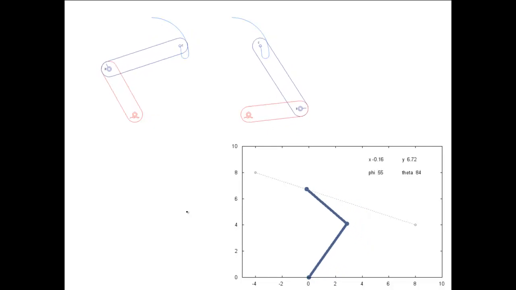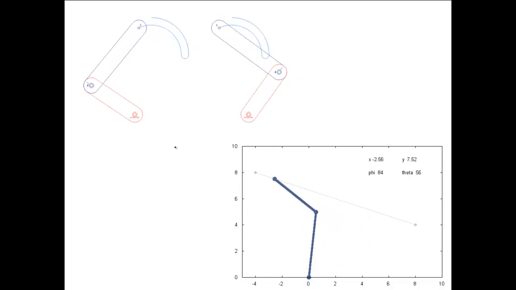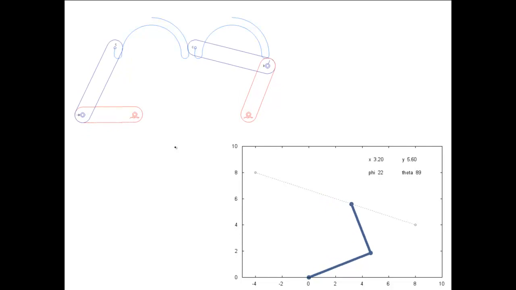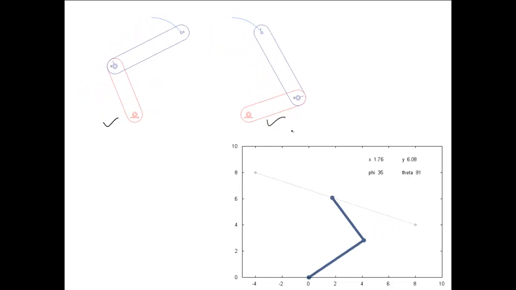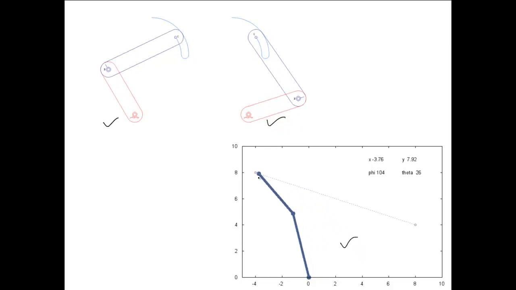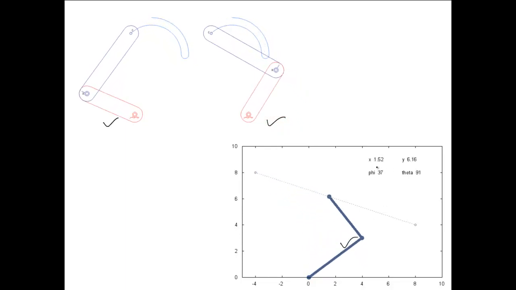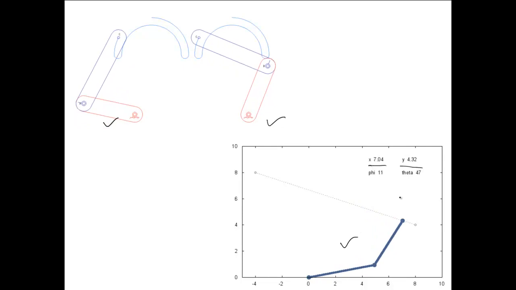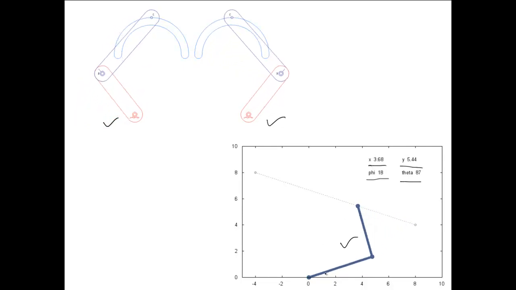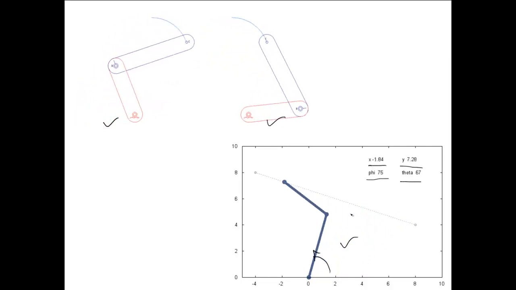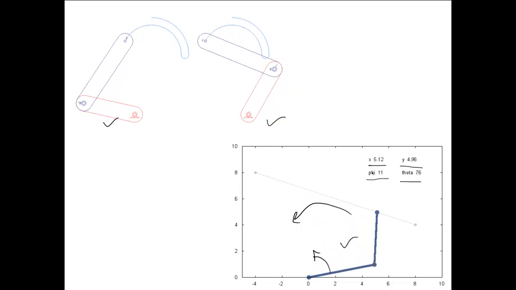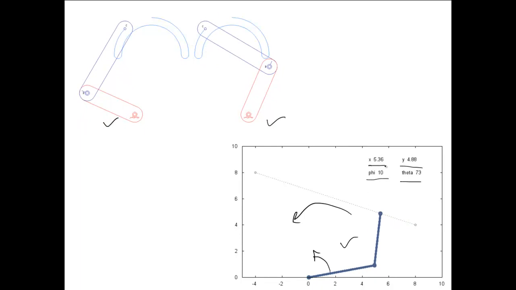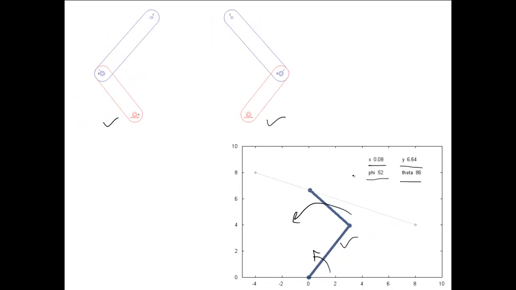Now this is just an example from the internet. I have taken these from a Google search. This depicts a two-link manipulator, again a two-link manipulator here, performing a particular task. You can see that as x and y vary, theta and phi vary. Theta may refer to this angle and phi may be this angle, the angle at the second joint. So what is the value of theta and phi for a particular value of x and y? I hope that is clear now.